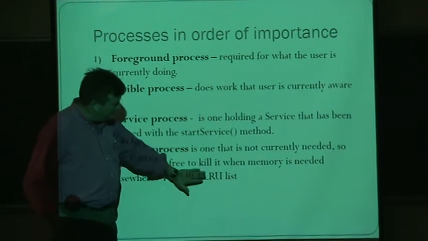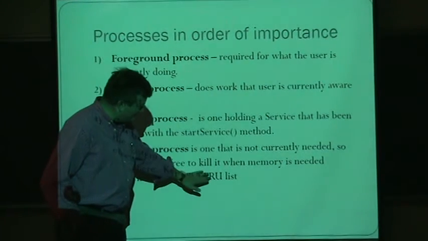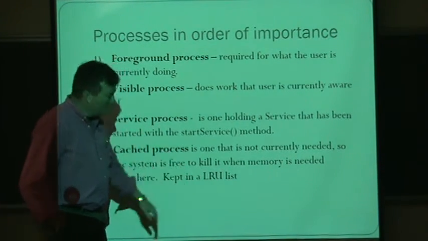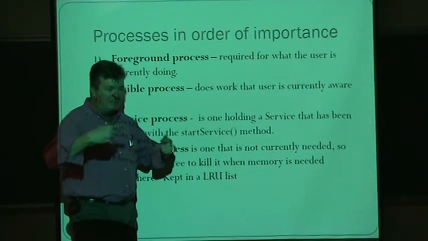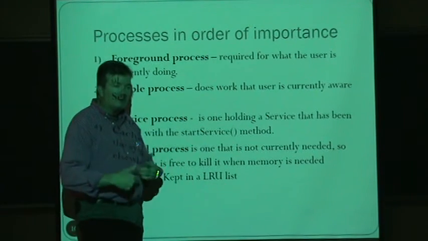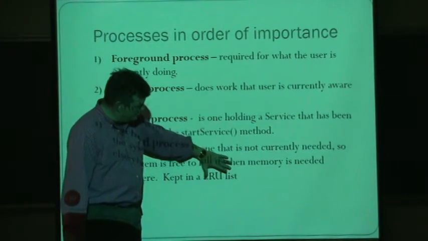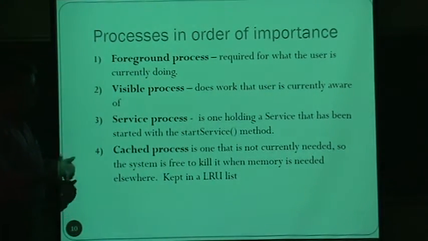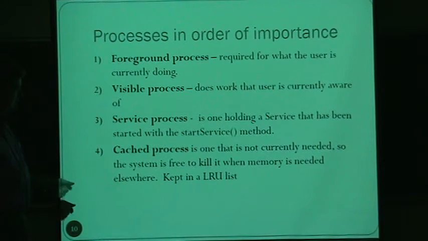They're kept in a least recently used. It's actually not. Least recently used would be where we're timestamping everything, but not used recently is where we're estimating which ones haven't been used in a while. So it's actually more of a not used recently. In other words, a very quick way to get a good estimate on which process hasn't been used in a while. So they're kept in a list like that, and anytime space is needed for more processes, we would kill